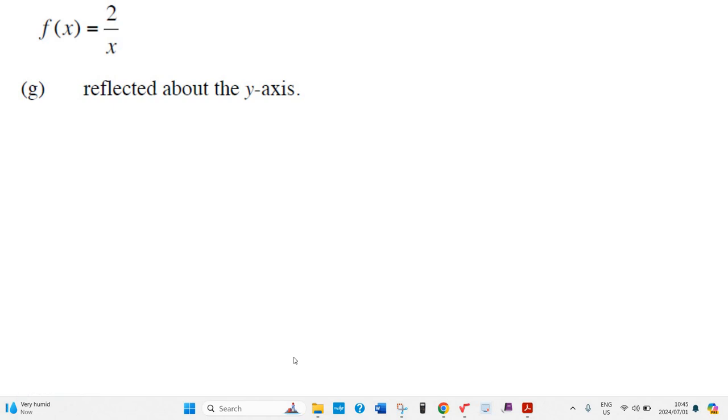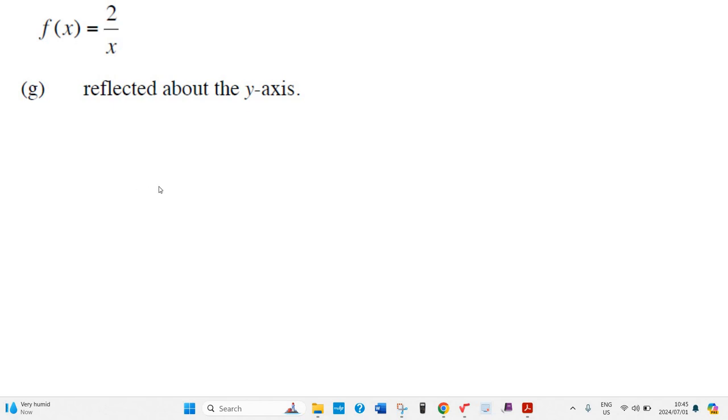These next questions are often ones that people just don't get, and it's such an easy thing if you know the idea. It says, now what would you do to this function? What would the equation become if it was reflected about the y-axis? If it's reflected about the y-axis, well, you just have to know that if you want something to jump across